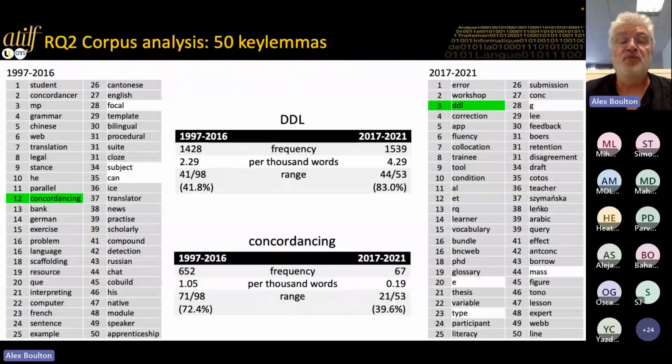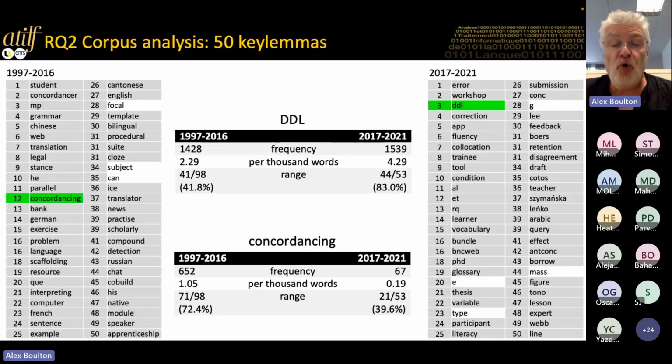There is still one item which I'd like to talk about on the right, which is DDL, a key word in the recent corpus. Now, my whole talk is about DDL, so how can DDL be a key item? Well, DDL is just a label for what people are doing. What these papers have in common is what they're doing, whether you call it DDL or something else. If you don't call it DDL, what do you call it? Well, you might call it concordancing, and we just have indeed concordancing in the earlier corpus. But the term DDL is more frequent in the last 5 years than the previous 20 years, even though the previous 20 years was twice the size.